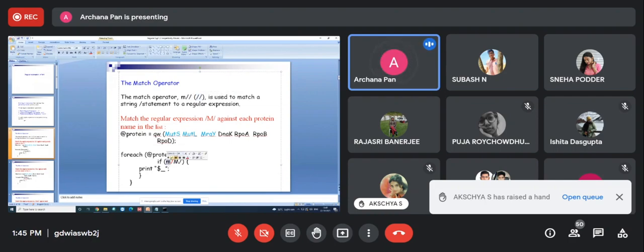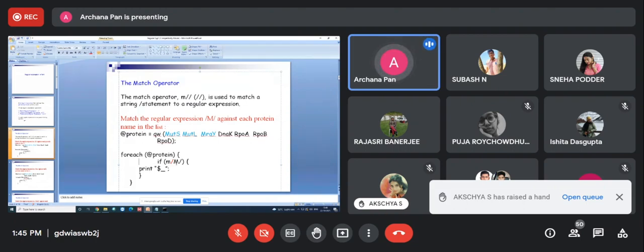I have used this one, and this is the match operator. Within this you can use any alphabet or word. I have used capital M. And print, you already know the meaning of this. Basically, I am using the foreach loop structure. From here, the first element is mutase.